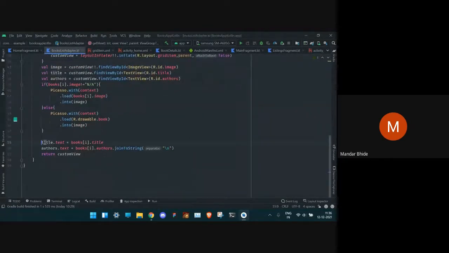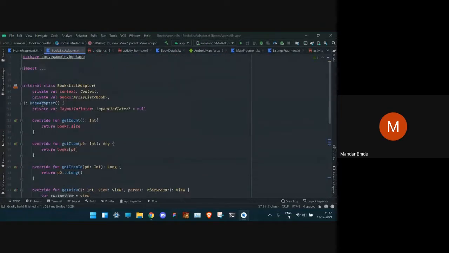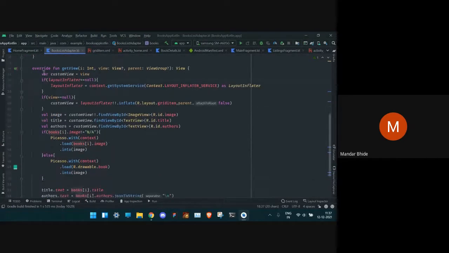Then we set the text value, then we set the author's value, and we return that view, so that for each item in this array list there will be a grid item instance returned from this getView.